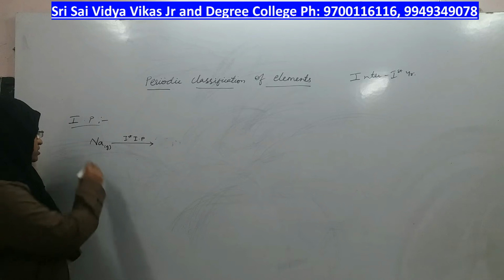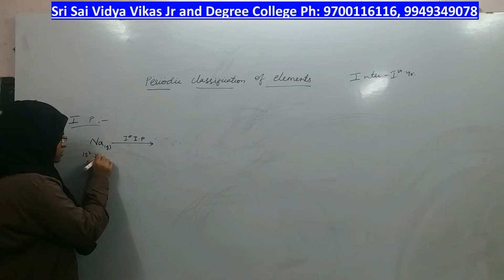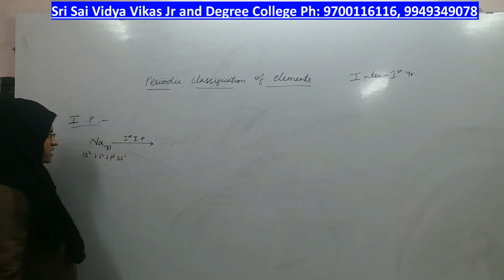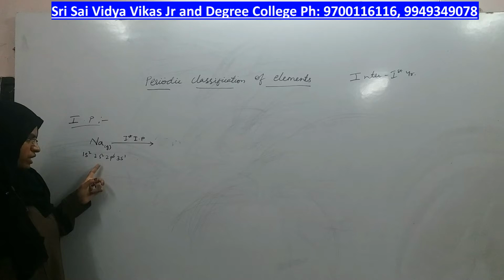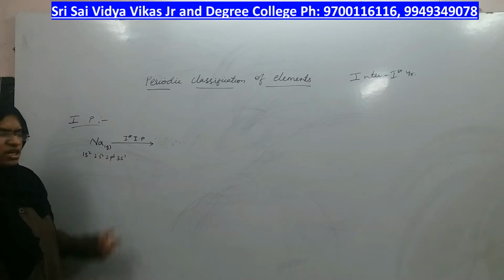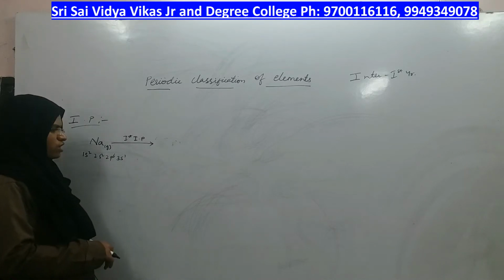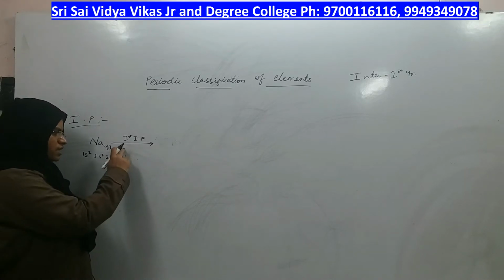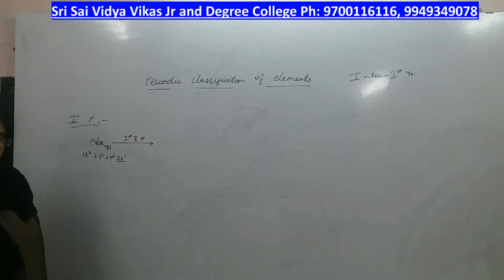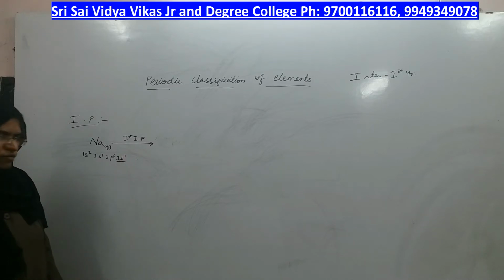Only one electron. So let us take the electronic configuration of sodium, for example: 1s2, 2s2, 2p6 and 3s1. A neutral sodium atom has this electronic configuration, and if you remove one electron from this sodium, which electron will always be lost first? The valence electron. Where is the valence electron? Here the valence electron is in the 3s1 orbital, and this last electron will get removed, right?